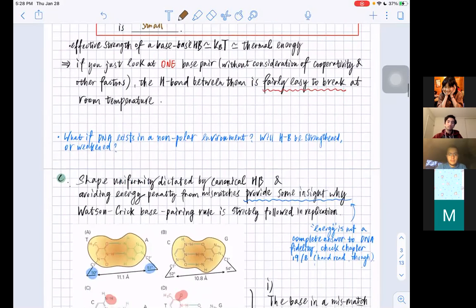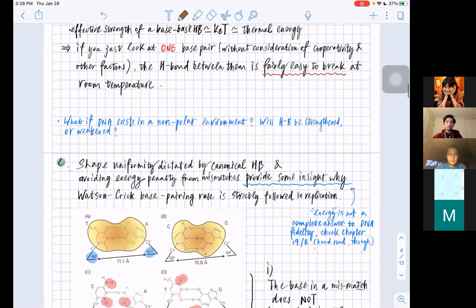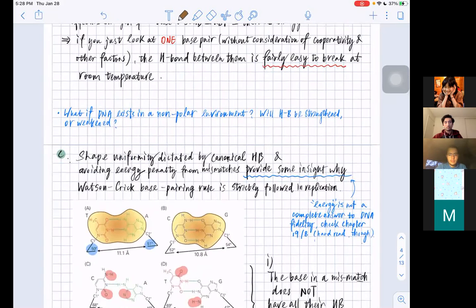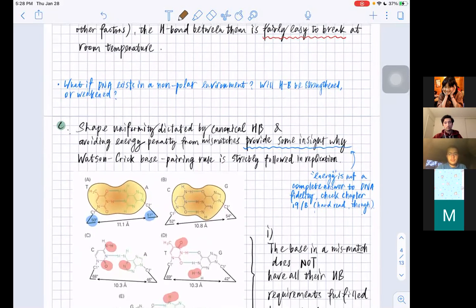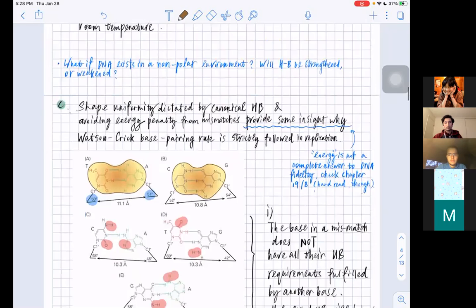So I have some questions that you can look at later on, maybe if we have time. Although hydrogen bonding is not a major contributor to the energetic favorability, it is highly related to the accuracy, or fidelity, of the DNA replication process. And for a complete understanding of that topic, I recommend you read chapter 19 after sufficient preparatory work. But